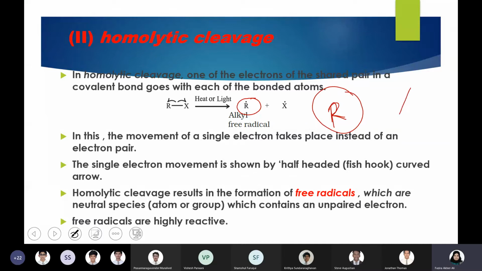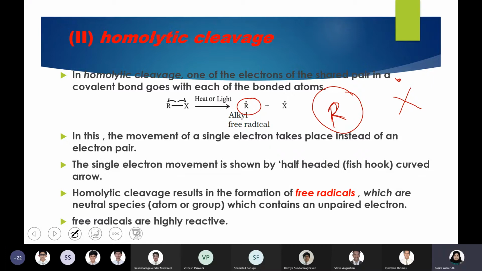But if you have chlorine or bromine with a free radical, we can write it like this. So it could be an atom or a group of atoms with one unpaired electron. That is what is known as a free radical. Free radicals are formed by the homolytic cleavage of the bond, with one electron going with each of the fragments. That is how homolytic cleavage works.